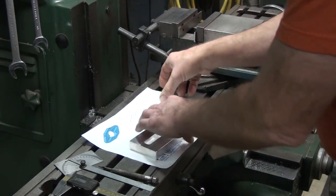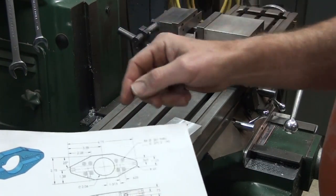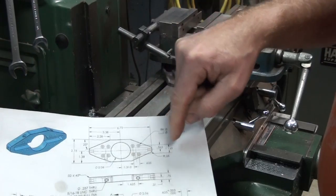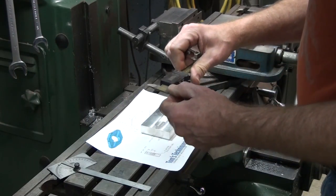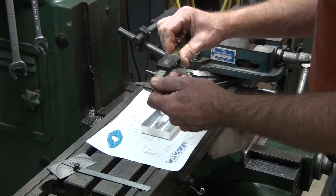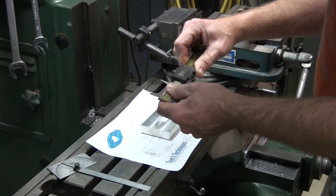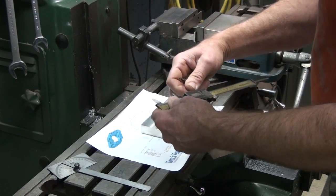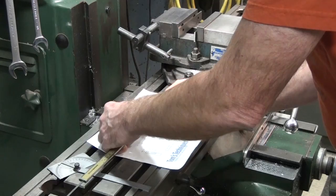I don't know if you can see that or not, but first thing I'm going to do is put a scribe line 2.280 from the end. And then I'm just going to set my protractor for 25 degrees and scribe an angled line in 4 places. You can use a height gauge and a surface plate to do this 2.28, or you can use your dial calipers, or since it's only a 2-place decimal, you can use a combination square if you want. It's not very high tolerance. So there's 2.28. Let's put a little mark in 4 places